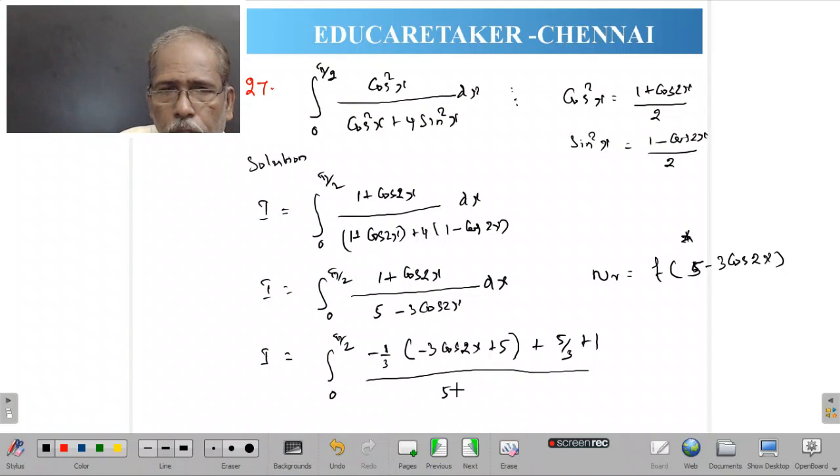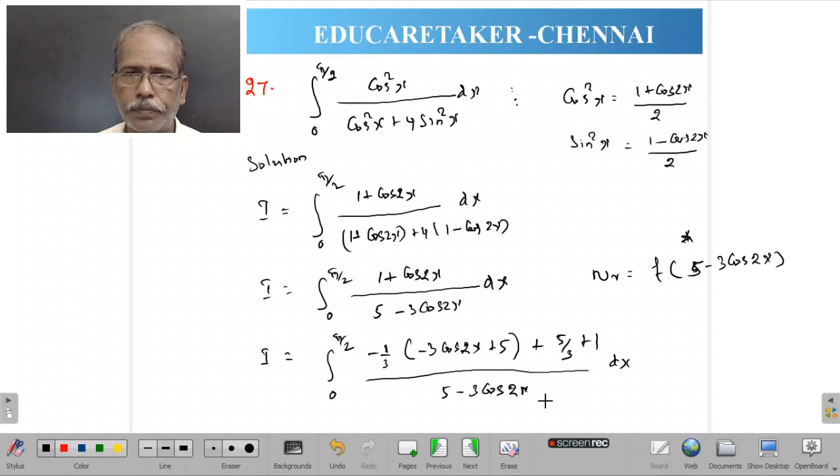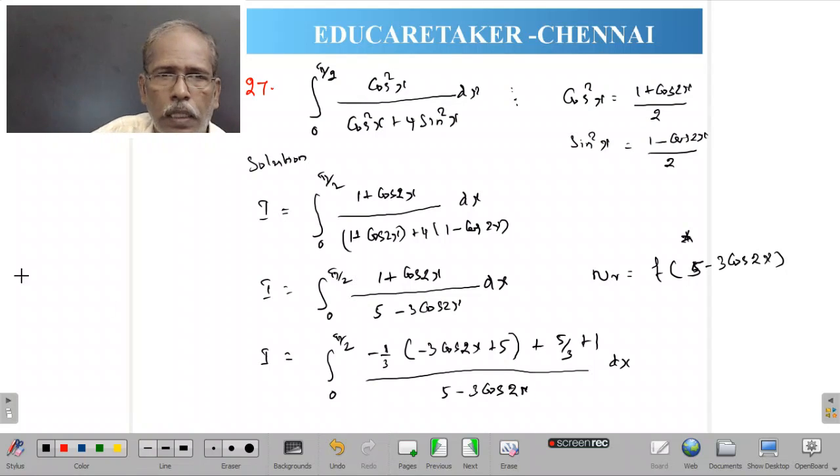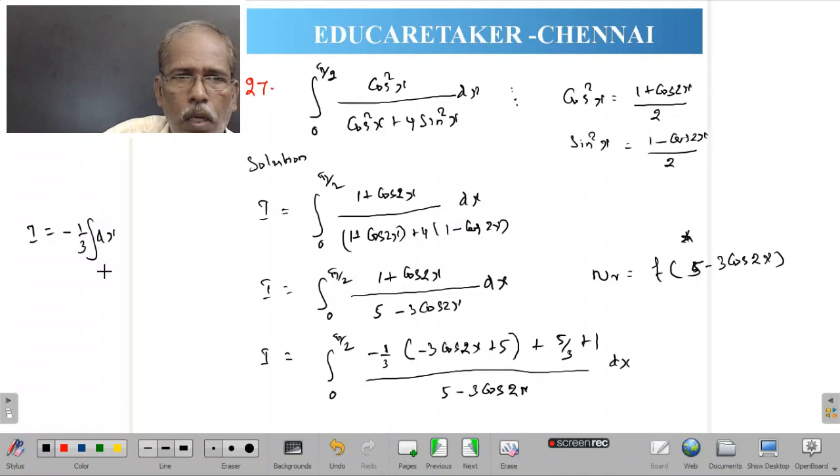The denominator 5 minus 3 cos 2x and dx. Just copy it. I will continue here. Then I will be equal to the first term, minus 3 cos 2x plus 5 divided by minus 3 cos 2x plus 5. Only minus 1 by 3 is left. Minus 1 by 3 integral of dx, lower limit 0, upper limit pi by 2. This is the first term. Second term, 5 by 3 plus 1, 8 by 3 can be taken outside,